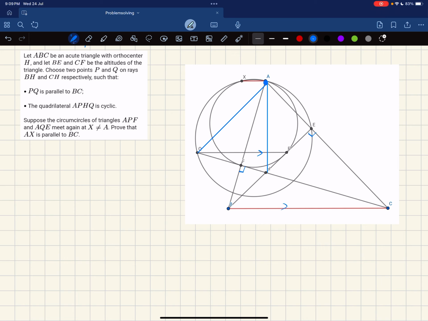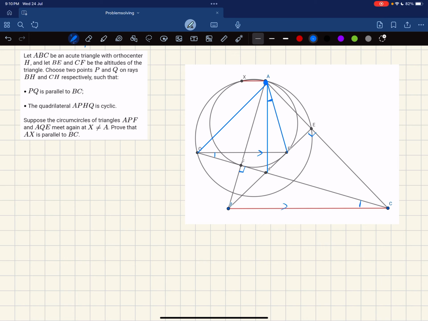If we connect these two points and also AP, according to the cyclic condition, we can know that angle HAP equals angle HQP, right? And also it equals angle HCB. That's because PQ